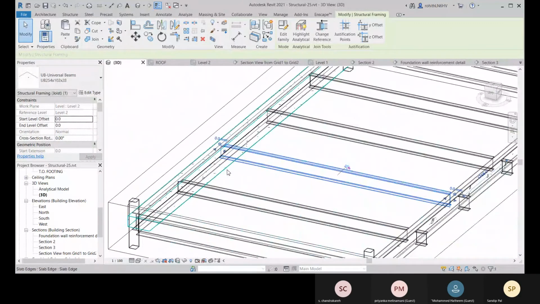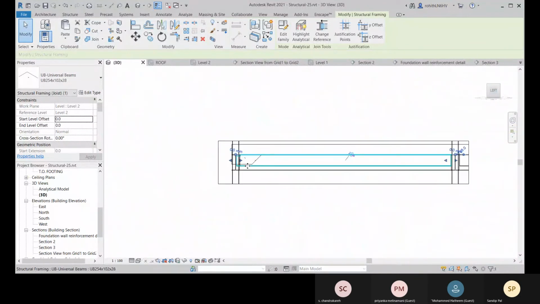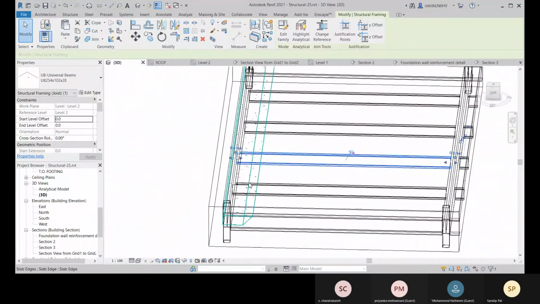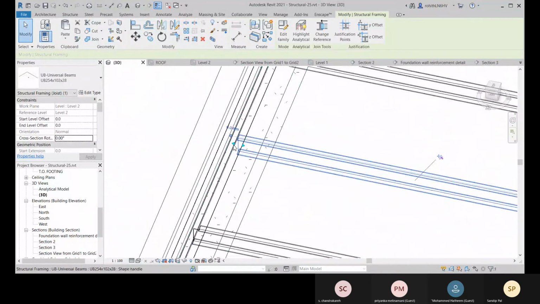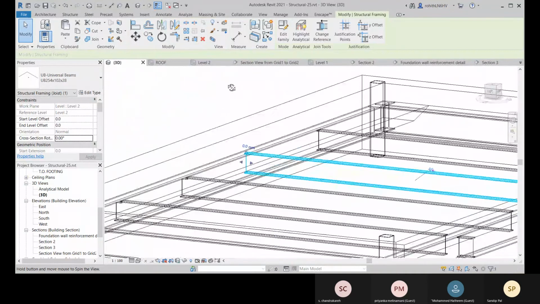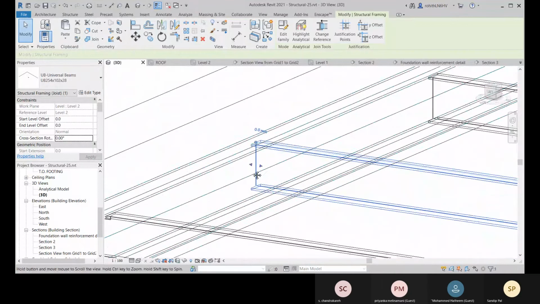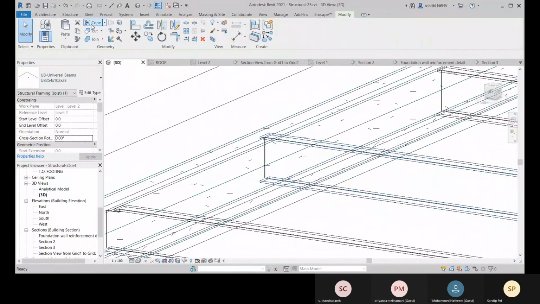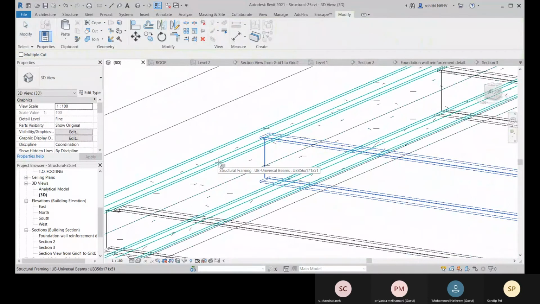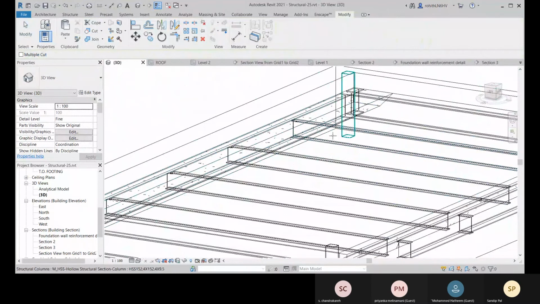Okay, so let me see from the left. And here you can see. Okay. And same like that, unpin it and make sure it touches that web, not the flange, and then you cope. First select this one and then this one. Okay, like this I have to do it.